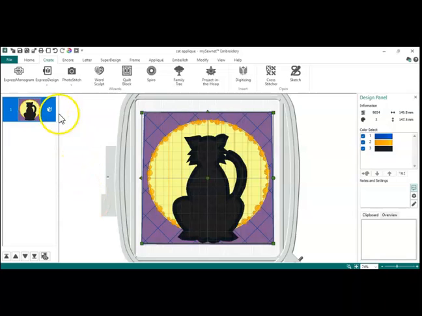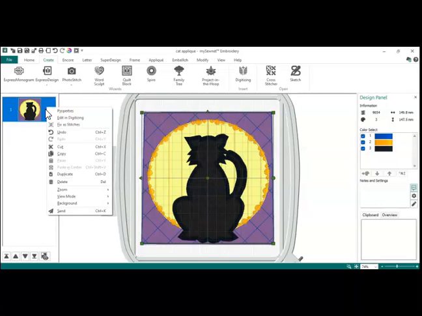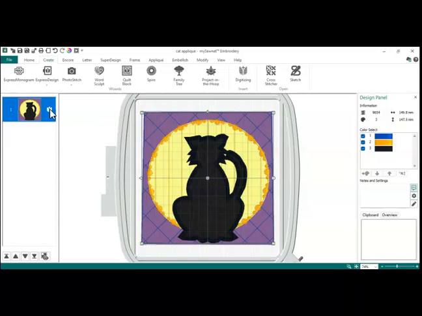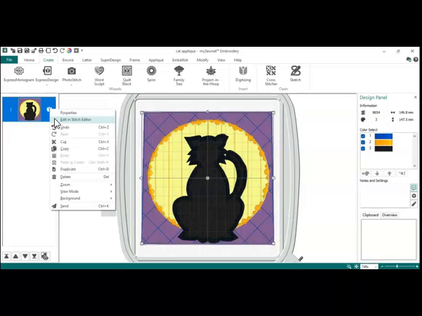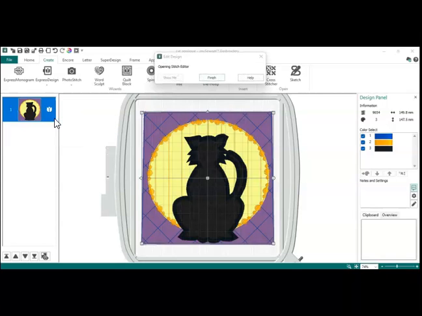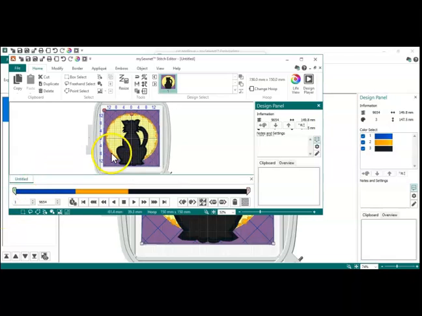And I see one issue that I want to get rid of in this design. I'm going to get rid of it. I don't want this motif border to continue underneath the cat. So what I'm going to do over here on the film strip is do a right click. I'm going to say fix as stitches. And now it's going to let me go into Stitch Editor. And in Stitch Editor,